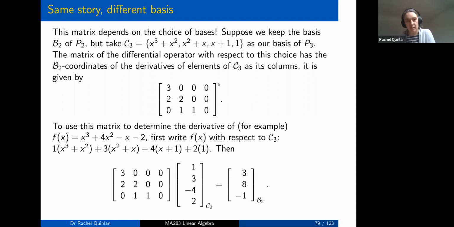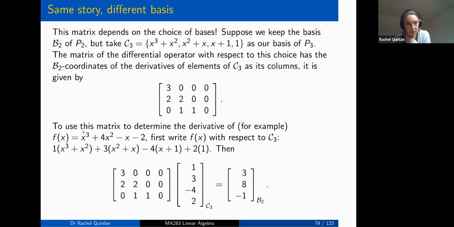So what this is saying is that if we want to use this matrix to calculate the derivative of any polynomial in P3, so any polynomial that's at most cubic, for example, this f(x), which is a cubic polynomial, what we need to do first is write f(x) as coordinates with respect to the basis C3. Okay, here it is written with respect to the kind of more obvious basis B3, which is the one we started with. But to write this as a combination of x cubed plus x squared plus x plus 1 and 1,